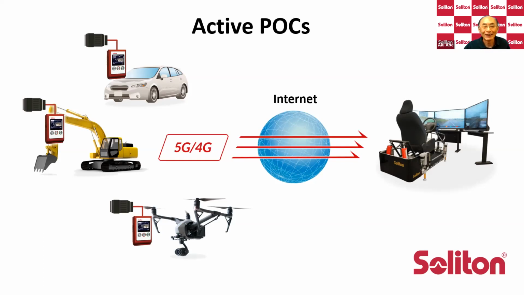So let's take a look at this picture. We have this car with our encoder, and that encoder is attached to the camera. So we can send this video and audio through the 4G or 5G networks through the internet. And on the right-hand side, it's the virtual cockpit. I forgot to mention that on the vehicle side, not just audio and video, you can also have the communication data attached with our IP package and send it over to the receiver side.